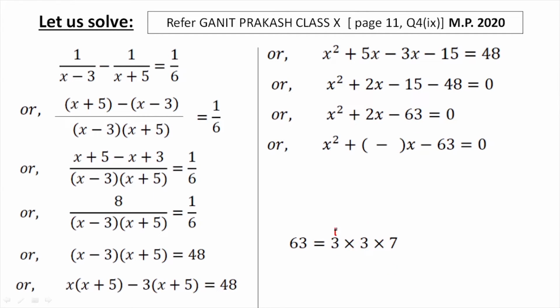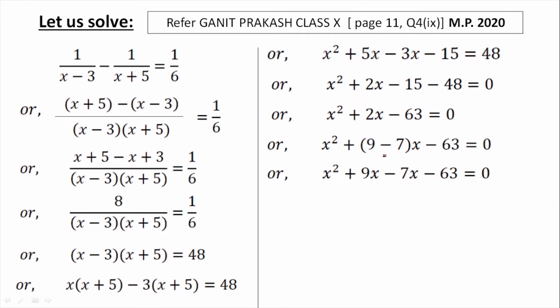So let's keep this together. 3 into 3 will give us 9, and 7 is 7 only. So is this subtraction equal to 2? Yes, it is equal to 2, and 7 9s is 63. So we'll write the numbers 9 and 7 here. Now